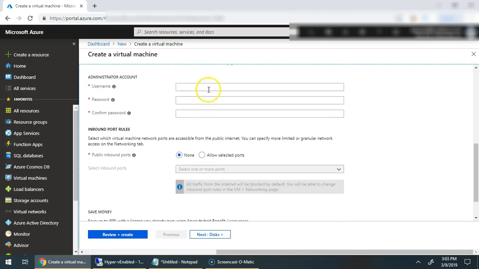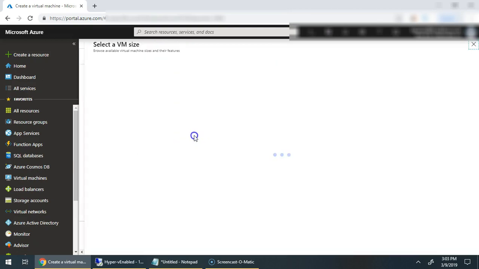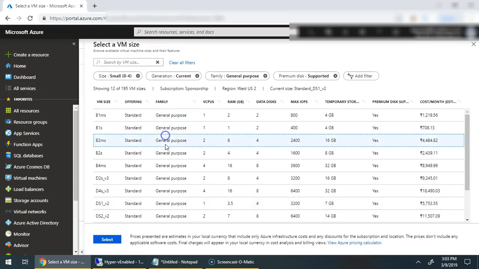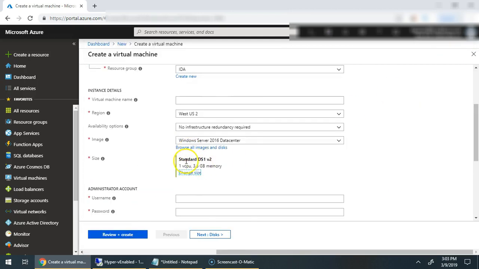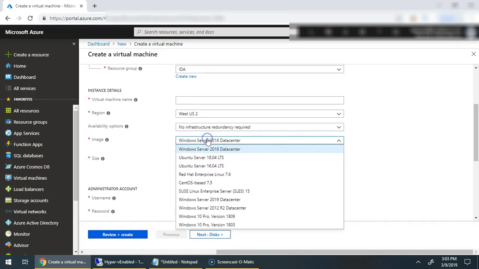For example, if I want to select this, I have here the images which are already available for a certain price. Here the image is Standard DS1, and the operating system is this, right? But what if